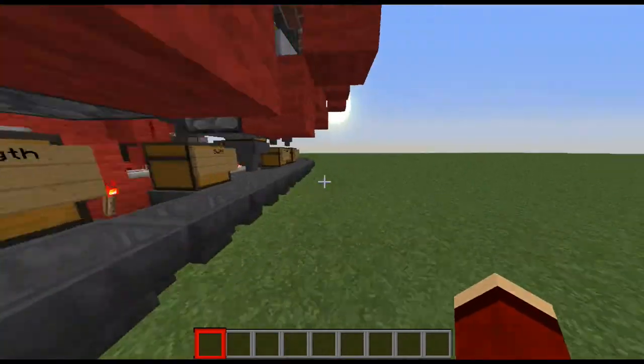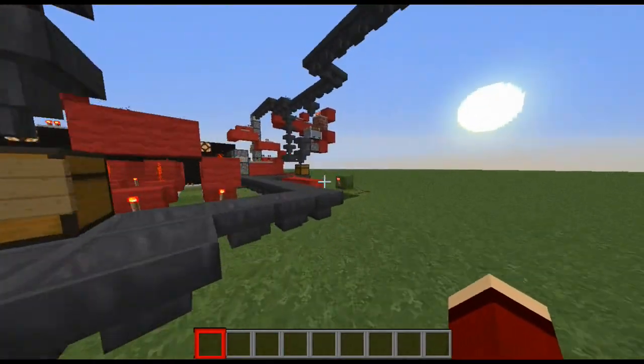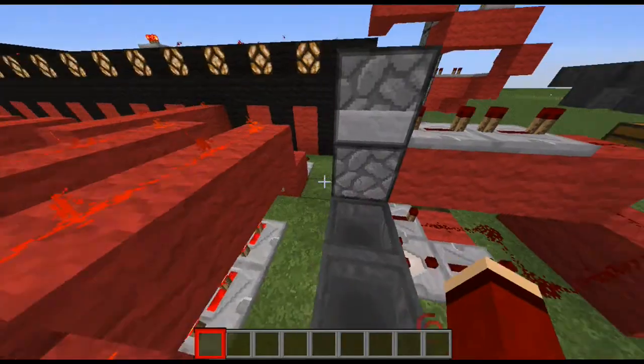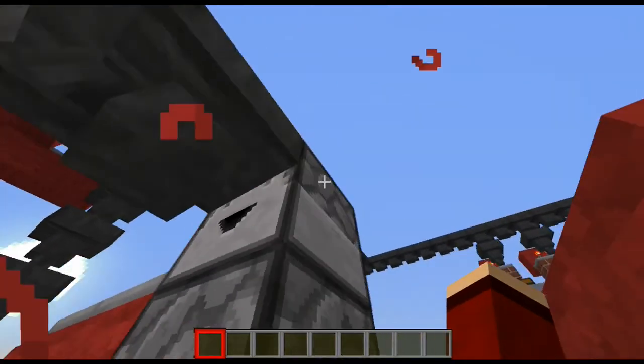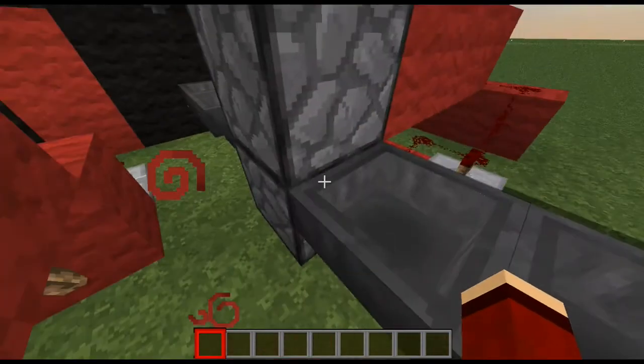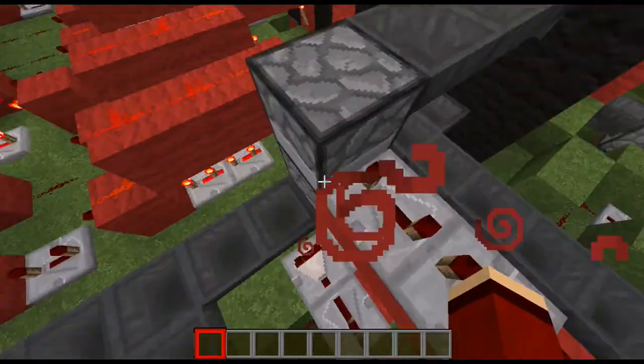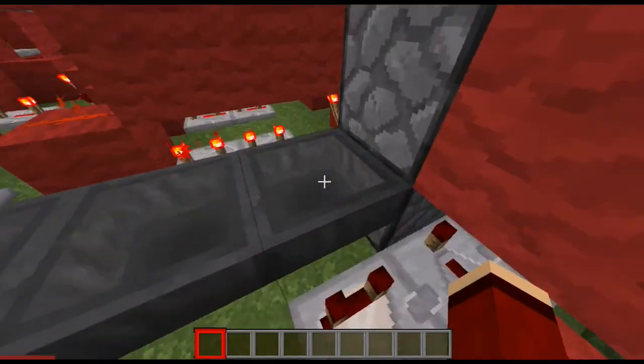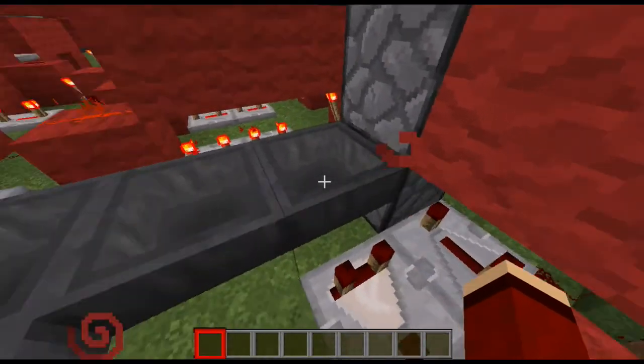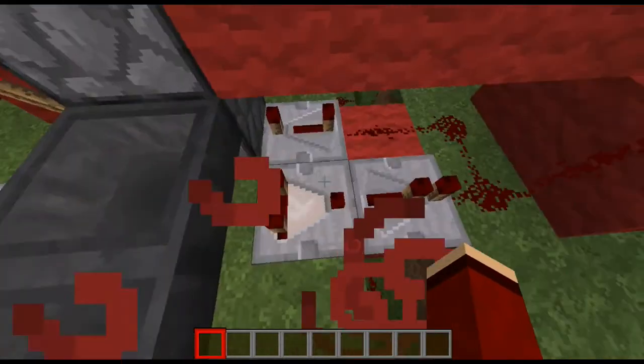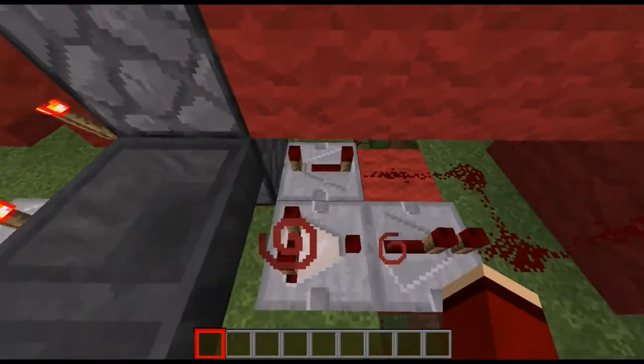and it goes back through this main hopper line, all the way back into here, which are dispensers, or they might be droppers. Yeah, they are droppers, pointed upwards. This is a comparator, so when the item comes through, it senses an item in this hopper. Then a signal goes here, and